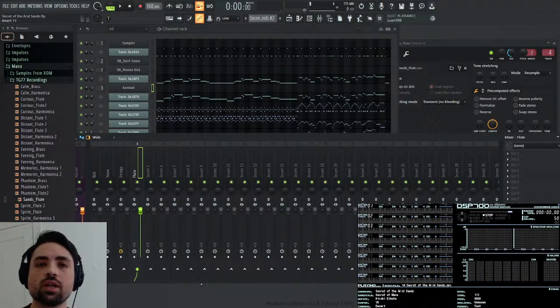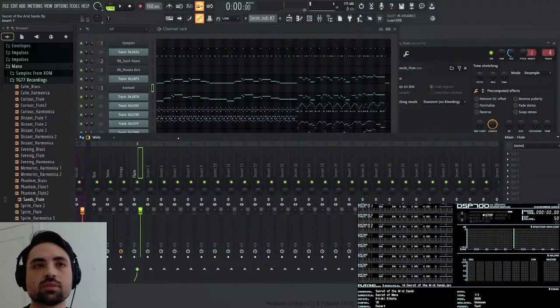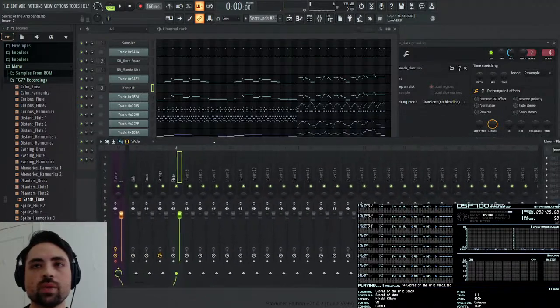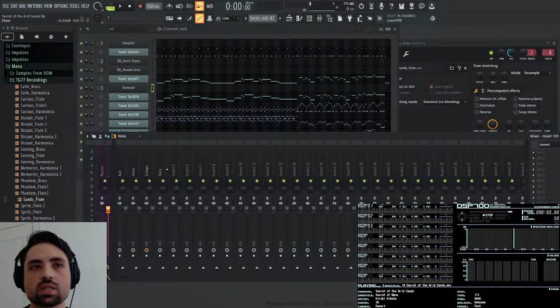Why do I not have my buses here? This thing made a new project, didn't it? Crazy. It didn't give me my template. I hate that. Okay, so now I need to make those. I might just make them later and see if I need them, because I don't know how many instruments this thing actually has. I'll just make them as need be.